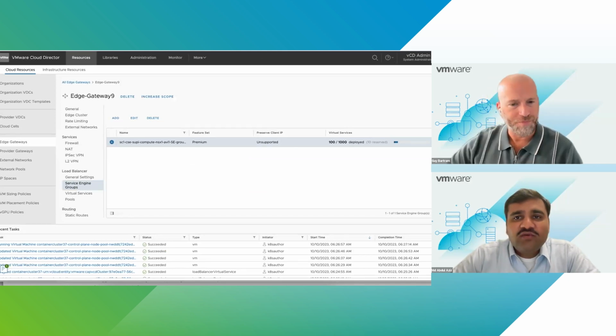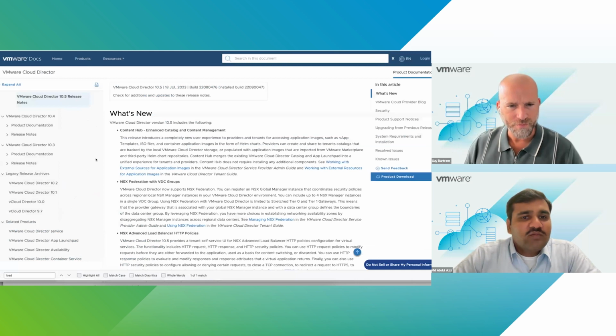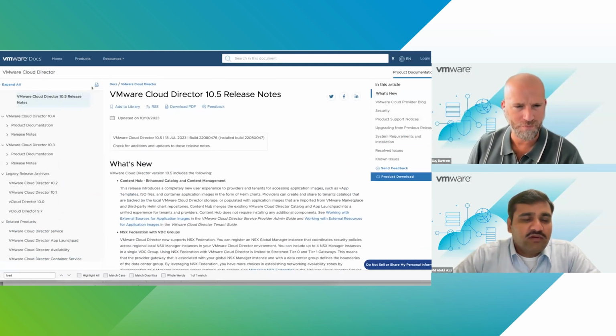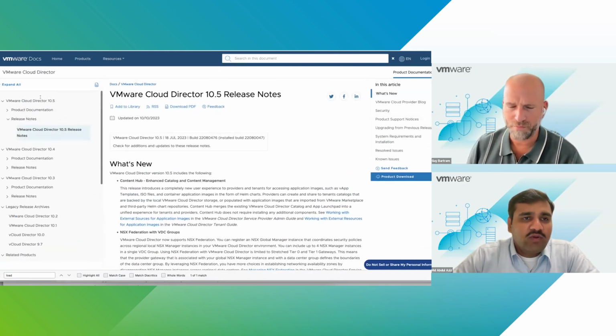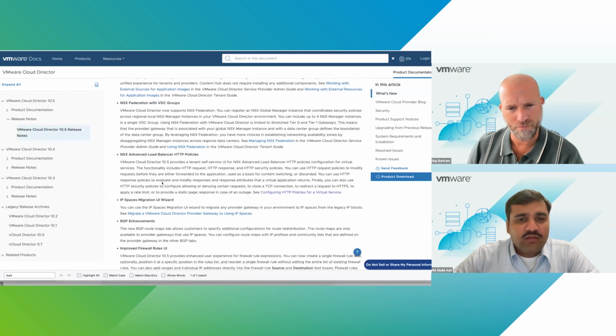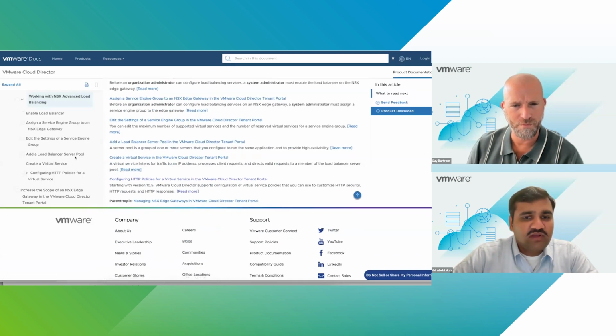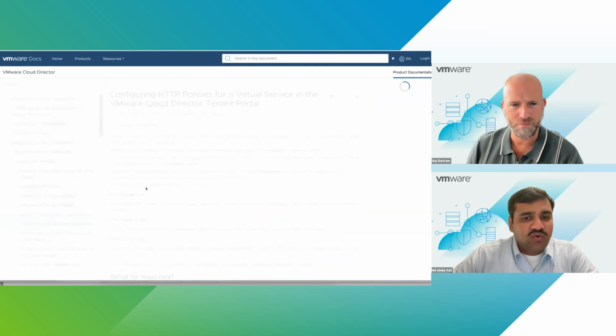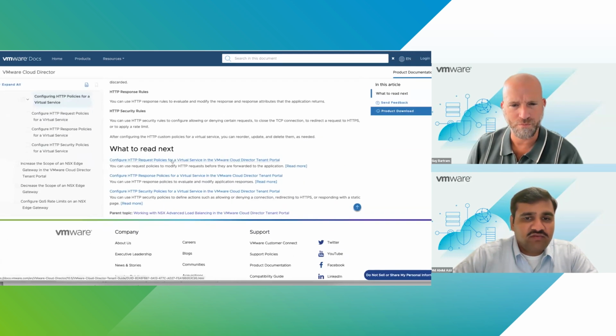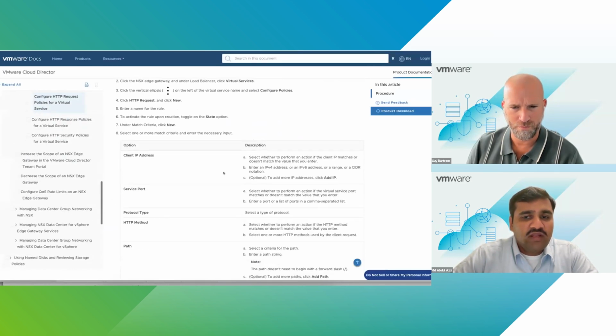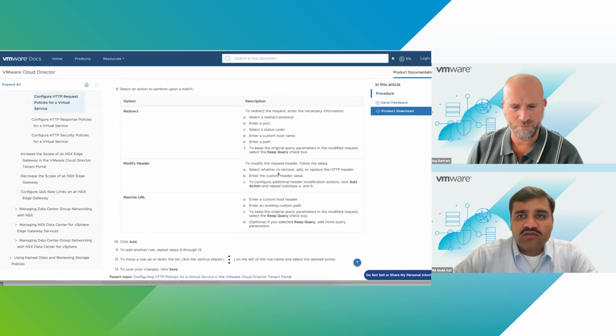And right, one other few key resources. So have a look at the VCD documentation where we keep updating about the new features, which is what we were trying to say. The next upcoming release will have WAF, and we have a detailed configuration guide also of how to configure and what features are available today. Like the policies which were introduced here, you have a good walkthrough on how you can enable those policies and how you can use them.